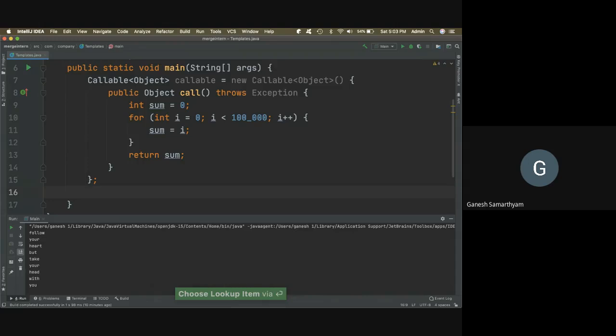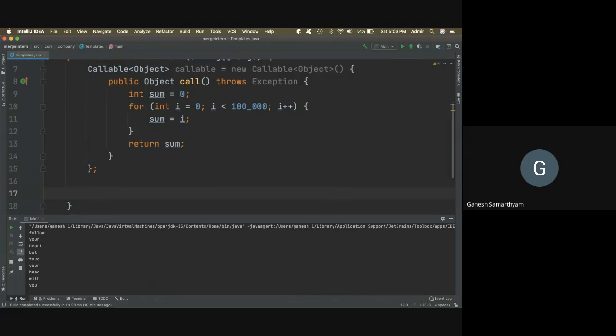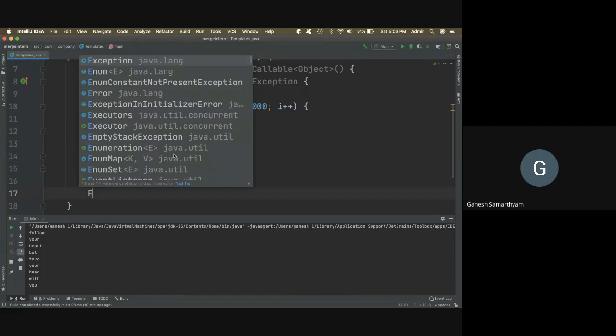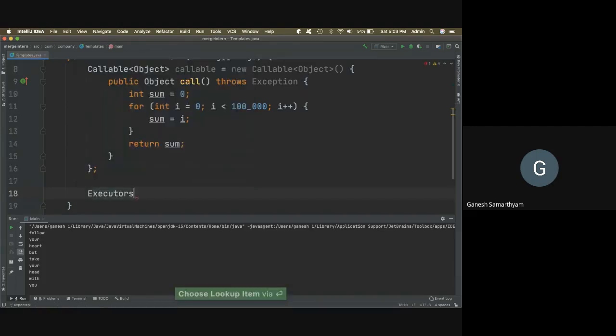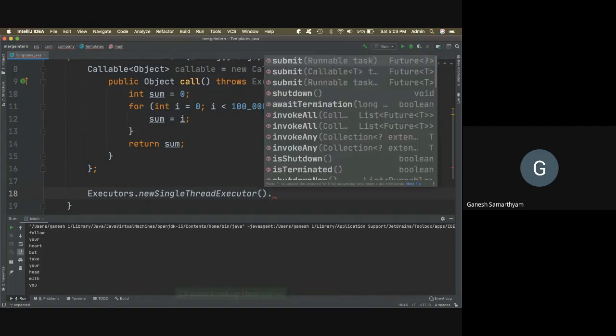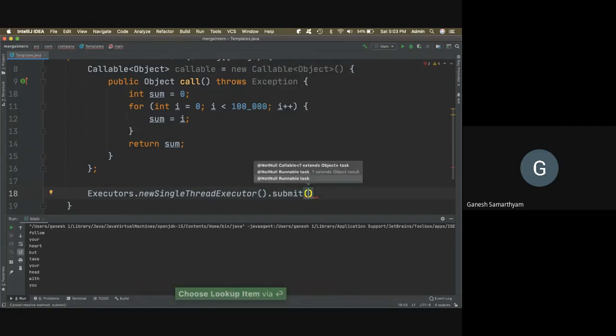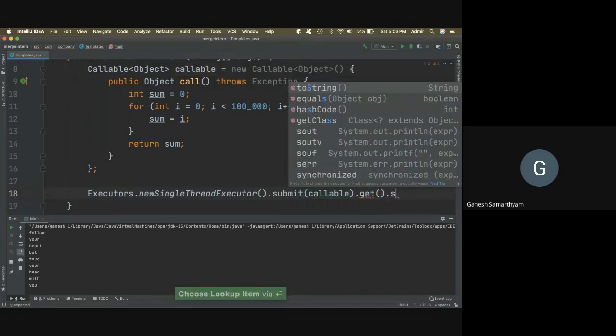Now I created the callable object. Now how do I consume this callable object? I have to create an executor service: Executors.newSingleThreadExecutor, and in that I should submit a task, and the submittable task is the callable. Once I call the callable, I should get the value and print it.